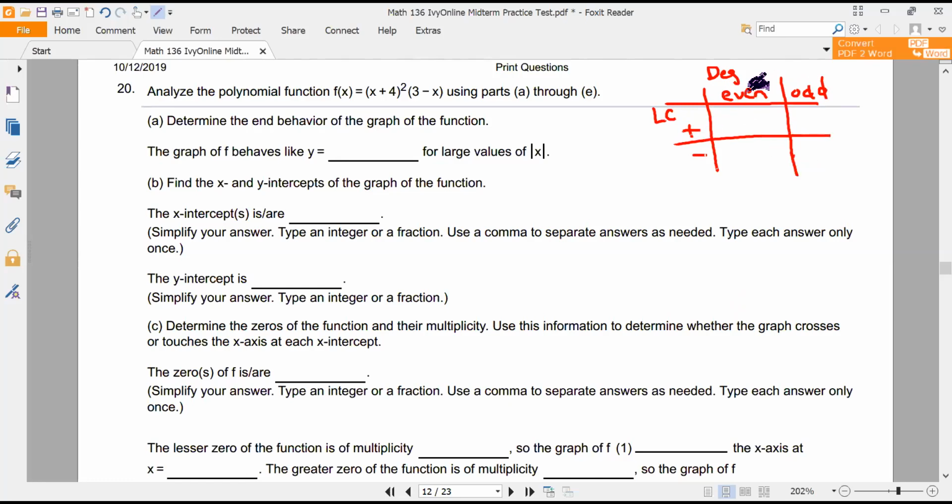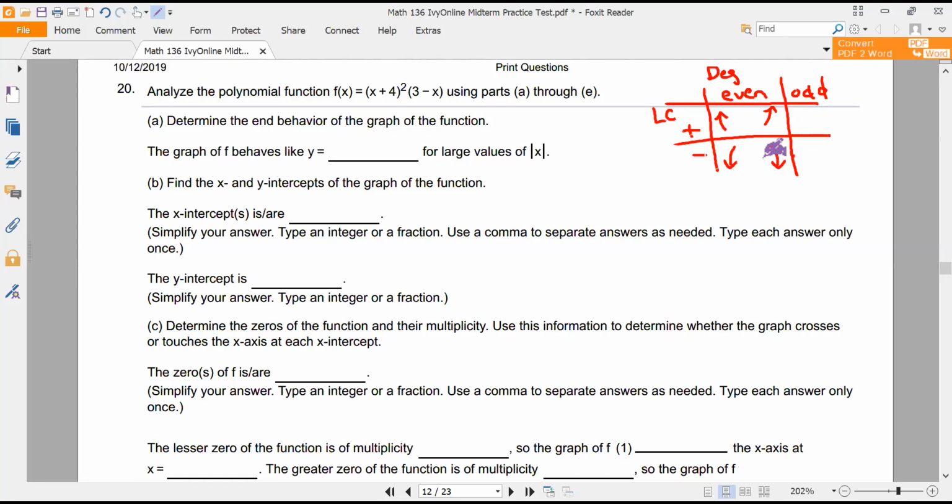So if you have an even degree, you're like x squared. X squared has two ends. That means what is it doing as it goes farther away from the center of 0, 0? They go towards positive infinity. So an x squared has a positive leading coefficient. So remember, in a parabola, this is kind of what happens at the ends. Now, if you throw a negative in front of an even degree, they still both go the same direction, but